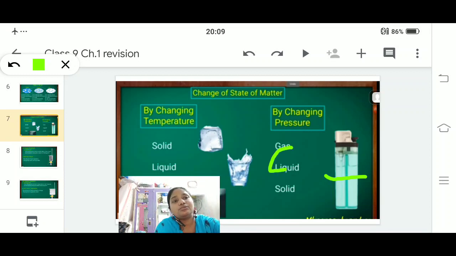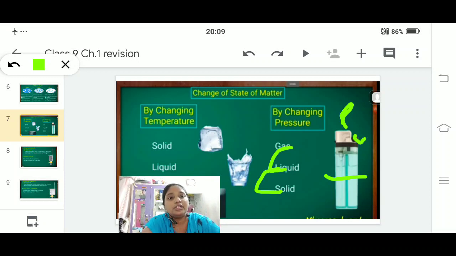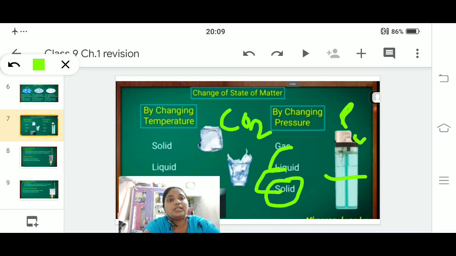When we light it, you can see the flame comes out; the liquid does not come out. Similarly, if we compress a gas by pressure, it can be converted to a liquid. One more example I'll give you: solid carbon dioxide directly converts itself into a gas without undergoing the liquid state. It is solid.